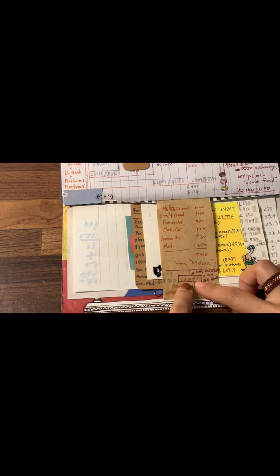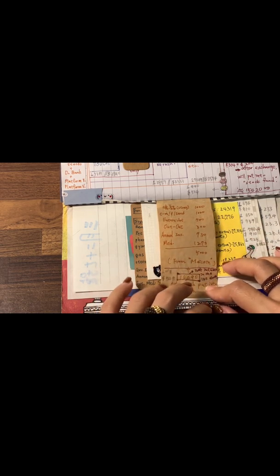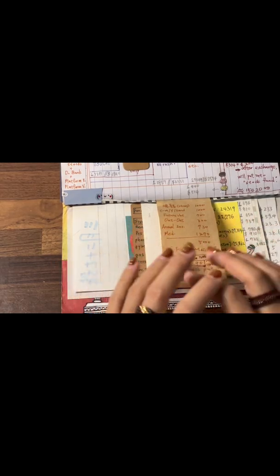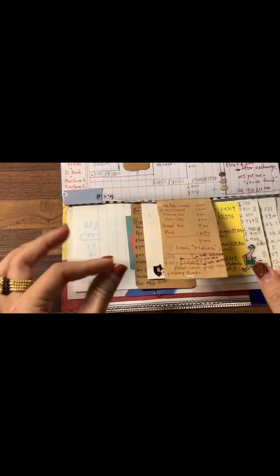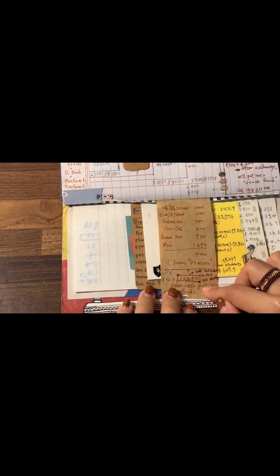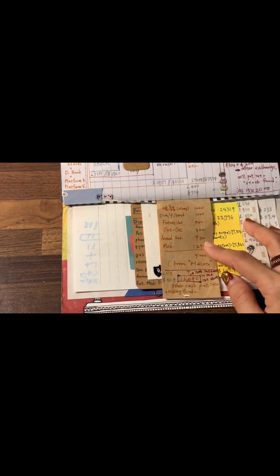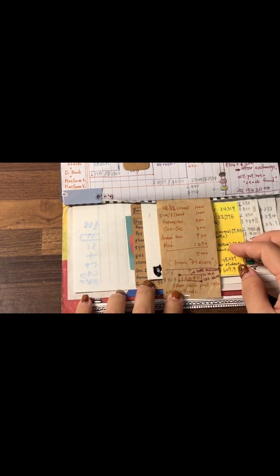And also some of the money was the cash I used for my crafting, jewelry booth setting, for the changes that I need. If my customer gives me bigger bills, then I need to give them change. But recently I don't set up a booth anymore. So I would just allocate them into some other useful